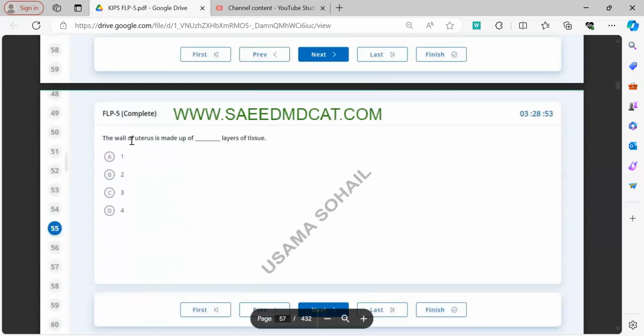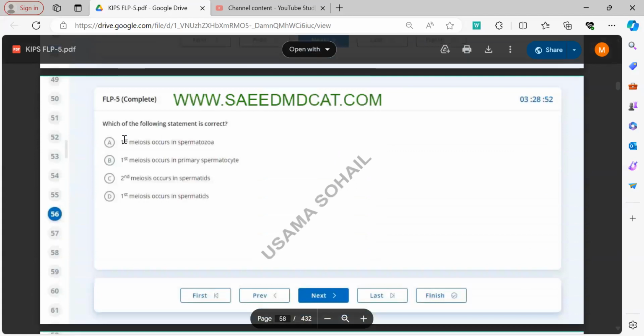In question 25, there are three layers of the uterus: the endometrium, the myometrium, and the perimetrium. The myometrium is the most muscular layer, the endometrium is the innermost, and the perimetrium is the outermost. And you need to know that implantation is the process which occurs inside the uterus. Now, in the next question,